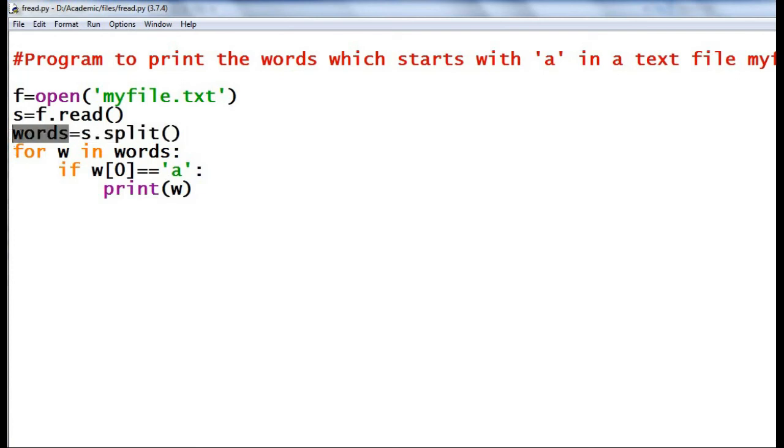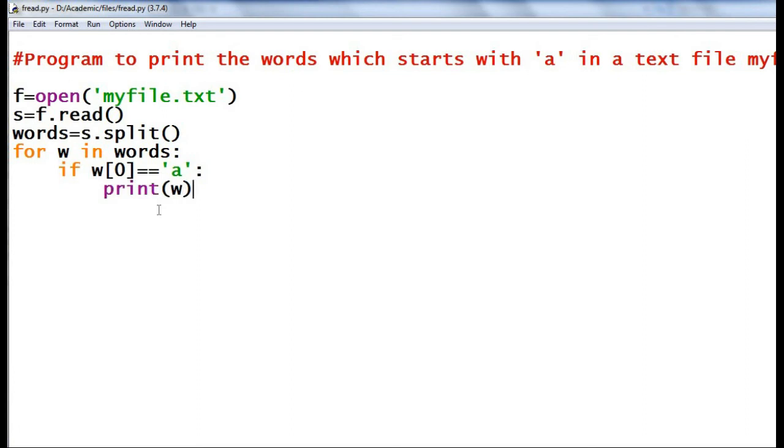Then to iterate through that list, I have used a for loop: for a loop variable w in words. That is, in each iteration, an element from the list is stored in w. Then check whether the first character of that substring, that is the word, is equal to A or not. If it is equal, display the word.